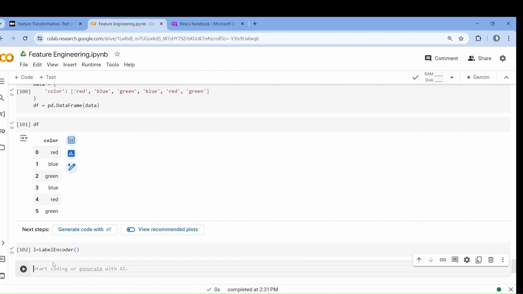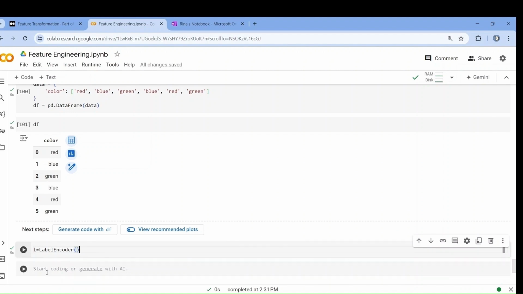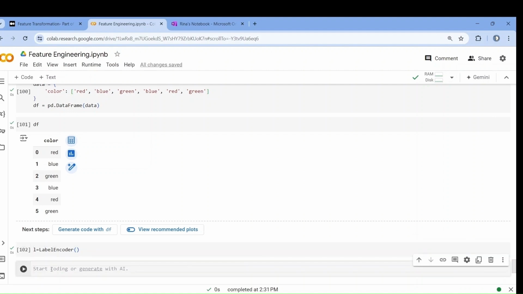Okay, now I will create a column in df, column name encoded_color equals L.fit_transform on the color column. Now if I run it,